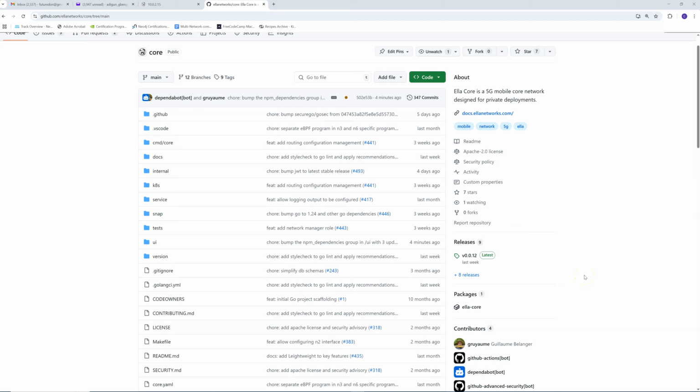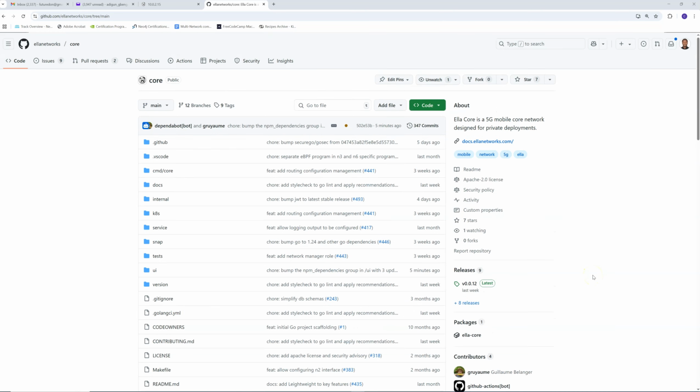Hi everyone. So today we'll be looking at another interesting 5G open source project which I just stumbled on. Will I say by luck? I just saw